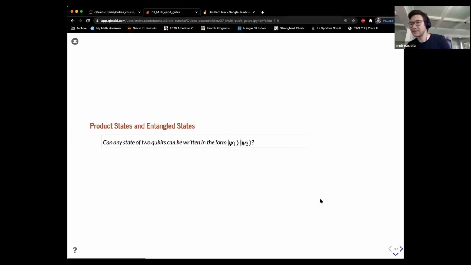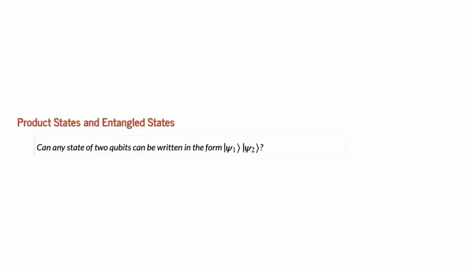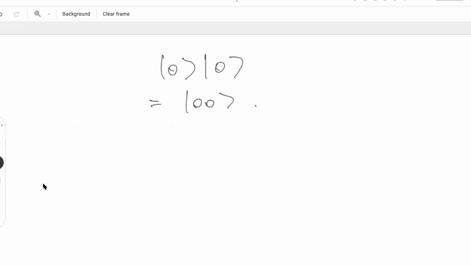Okay, so now I've defined this notation: you have qubit 1 and qubit 2 in the states psi 1 and psi 2, and I can write them as psi 1, psi 2. We talked about this notation. Now, the question I have for you is, can any state of 2 qubits be written in this form? Let me make this question a little bit clearer. Let's say I give you a state of 2 qubits,